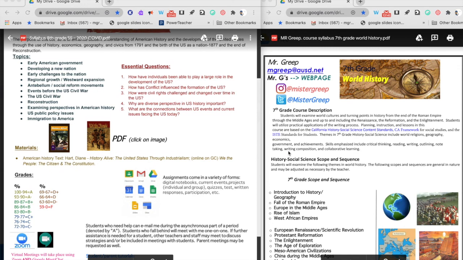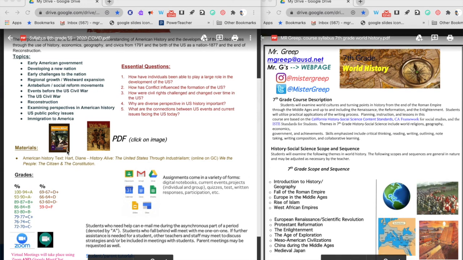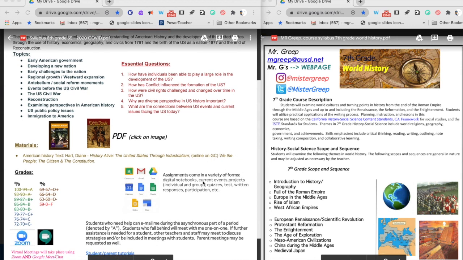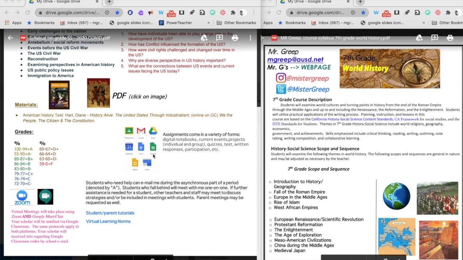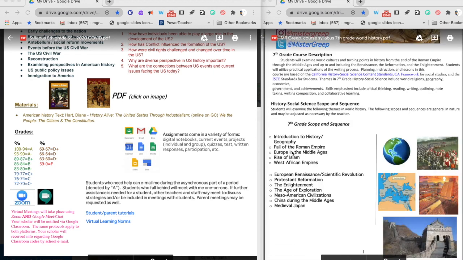Your scholar should have received a textbook. However, I supplement it with digital resources as well. I will be putting most of the assignments through Google Classroom, but I don't necessarily grade it through Google Classroom. Your scholar will know exactly what they got. And then of course, if you have a question about something, you can email me first.